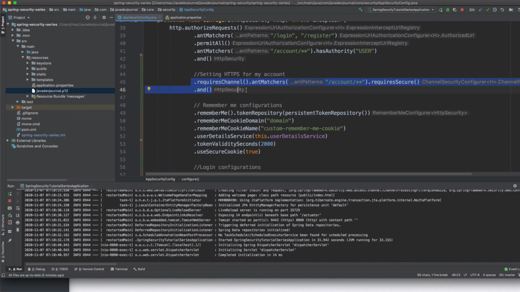I hope that gives you an idea why it is very critical to use HTTPS and what kind of security it brings into your application, and sets the stage for your application.